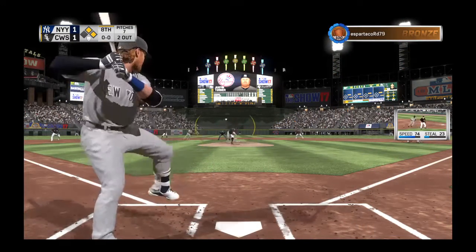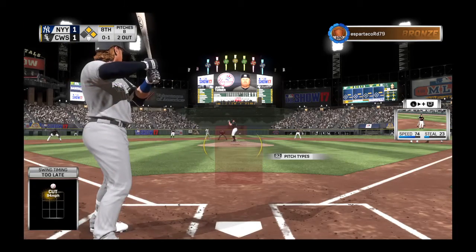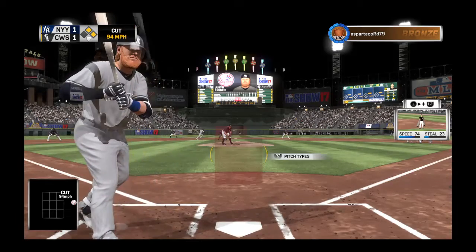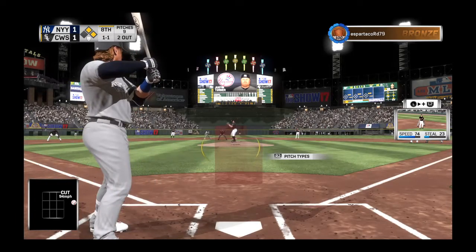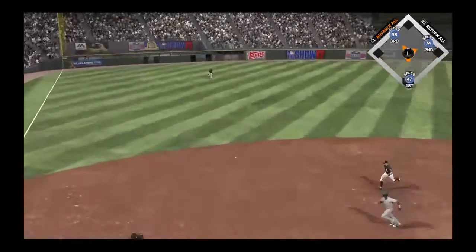Third baseman Justin Turner is in with 2 away here as this one swung on and missed for the first strike. They've done a real nice job keeping this guy in wraps in this one. No hits for him so far, and what stands out to me is they're going right after him. They're not pitching him like they're...